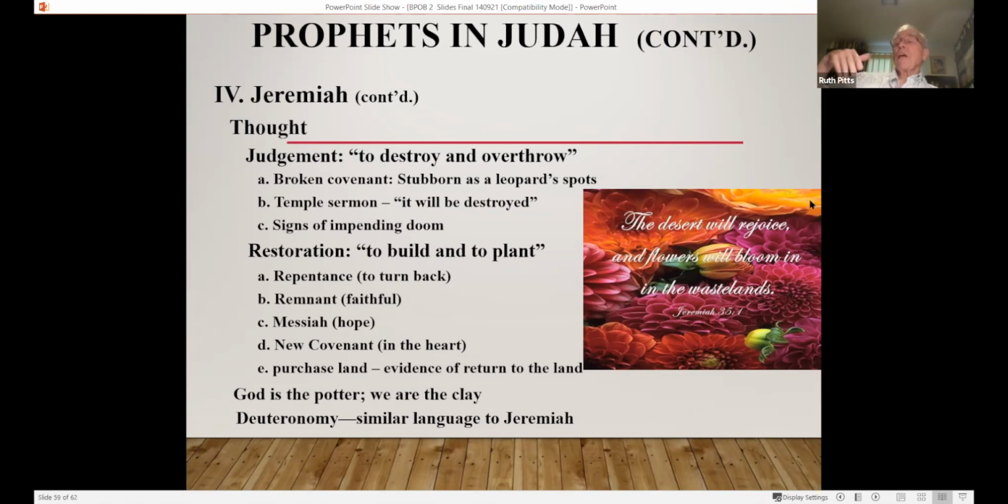Repent simply is the image of walking along one way, stopping, turning around, and going the opposite way. You need to come back to God. He has the notion of the remnant as well. Obviously, the prophets now are going to pick up with that regularly. Messiah still gives us hope.